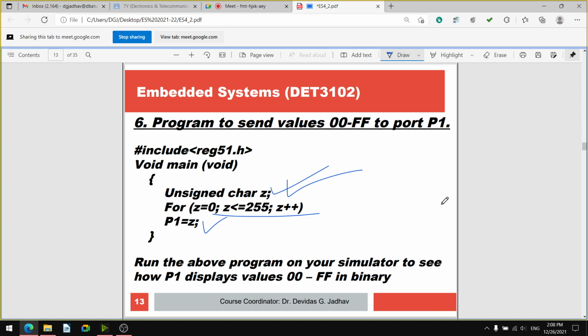We can check port 0, we can check port 1 in the peripheral IO port: port 0, port 1, port 2, port 3. We can select, then it will automatically be seen on the screen. And the bits on the ports can be empty for 0 output and tick for 1 output. So this can be verified.